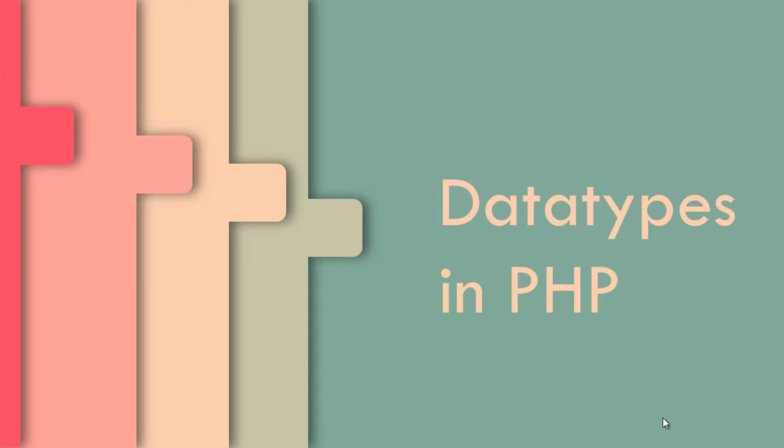In this tutorial, we will learn about PHP data types and how to use them effectively in the program. Let's talk about data types in PHP. A variable can store data of different types, and different data types can do different things. The value assigned to a PHP variable may be of different data types, from simple string and numeric types to more complex data types like array and object.